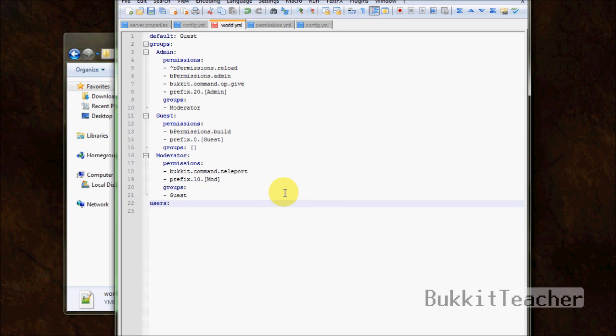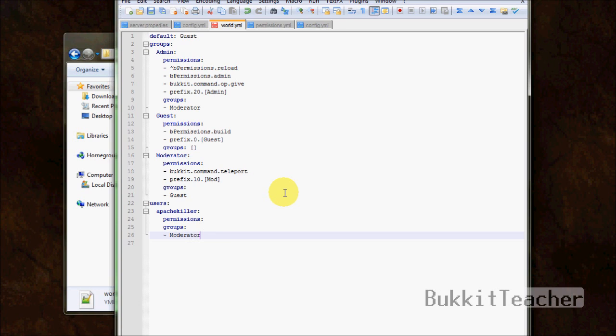So let's press space, users, add users to the very bottom of your permissions file, and now we can add users to our permissions file. To do this, you space over a couple times and add the user you want to add. So Apache Killer, and then you space again, backspace, and you space over about 4 times, I think. Yep. And you add permissions, and now you add groups, and now you can add what groups you want them to have. So I'm going to set myself as a moderator,